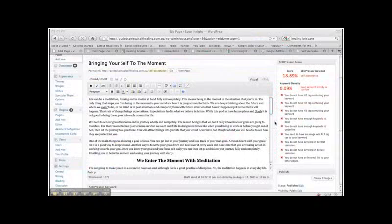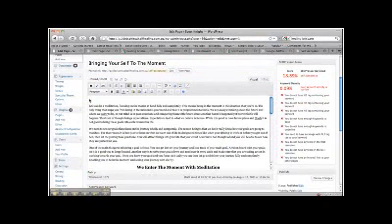SEOPressor is really useful when it comes to just, I suppose, continuing to remind yourself what you actually need to have on your page. So we have a look at the first one here. It says you don't have an H1 tag containing your keyword. So what we would need to do is potentially have something like